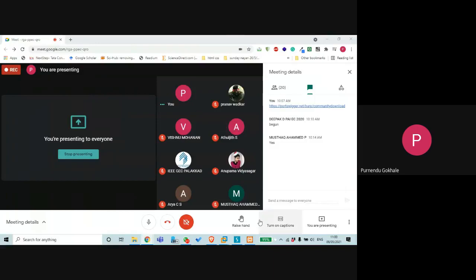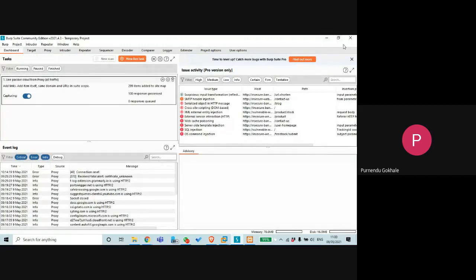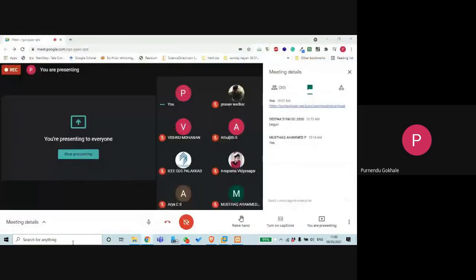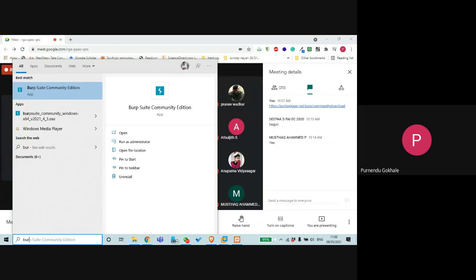Now we will be starting with Burp Suite. So this is Burp Suite. I will show it from the first. I hope you all have installed Burp Suite. If not, please do it, because in the next 5 to 10 minutes I will be demonstrating how to use Burp Suite, and we will be doing some SQL injections which we did yesterday or the day before yesterday. But in that we used a local server, and now we are going to do it on a website. There are a lot of labs available for practicing, paid as well as free. So we will be doing hands-on practice on one of the free labs that is available.